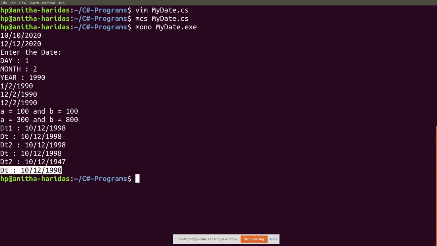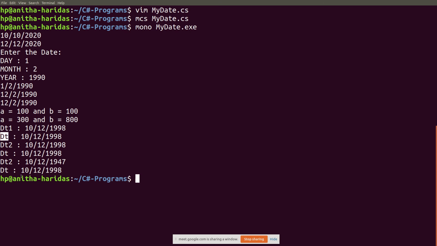But here both dt1 and dt are pointing to the same object. So when pointing to the same object, only one copy will be there. When you have different objects, you will have two different copies of the object.